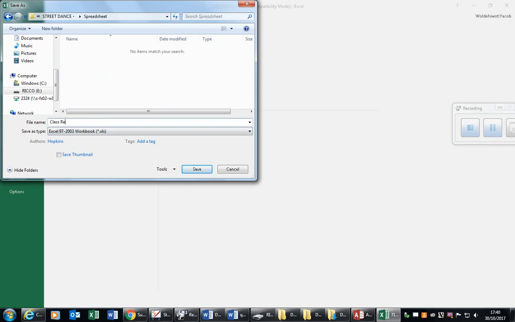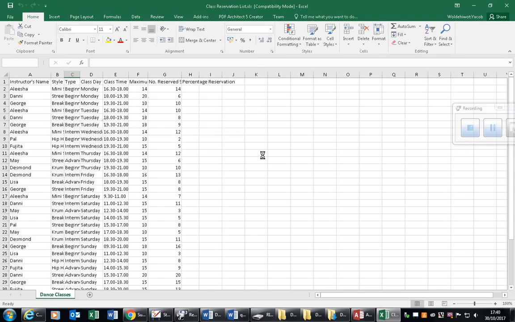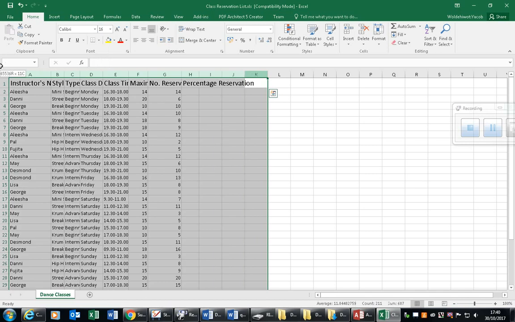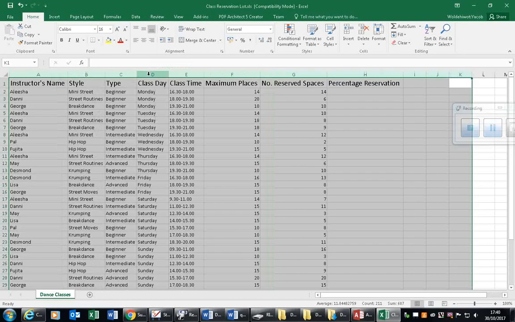Class reservation lists, and we are told to use, for the headings, prefer to make them big, highlight the columns, resize the columns,